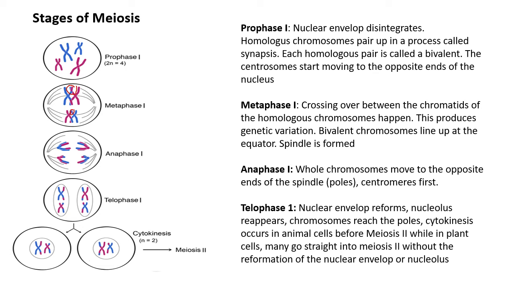And that is metaphase 1, basically, and we call these bivalent chromosomes, and they would align or line up at the equator, which is again similar to mitosis. Then we go on to anaphase 1, where the whole chromosomes are pulled to opposite poles. So remember what I said at the beginning of the slide, that with meiosis, think of it as mitosis, but